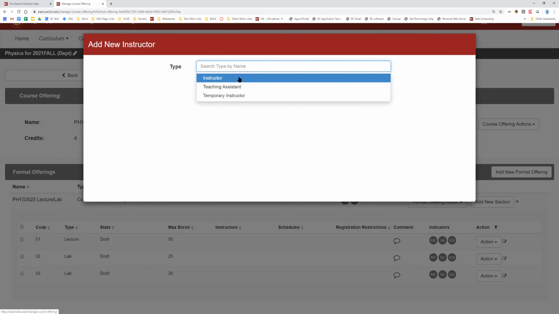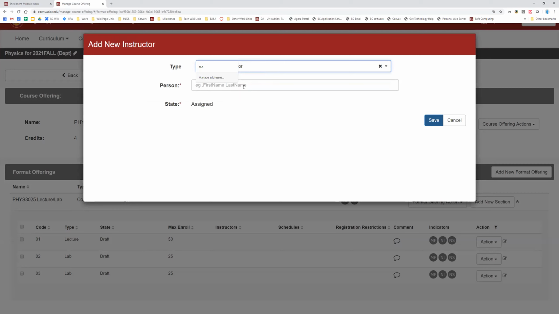We can go with a typical instructor that's within our database. We can go with a teaching instructor, which is also in our person service, and the teaching assistants would not be people that would roll over. Or in this situation, because it's a new course, and I have an idea of who may be teaching it, but they're not in our system yet, I can actually go in